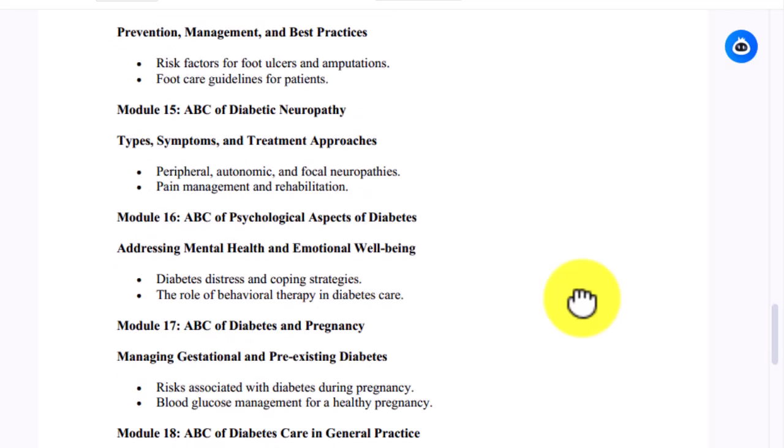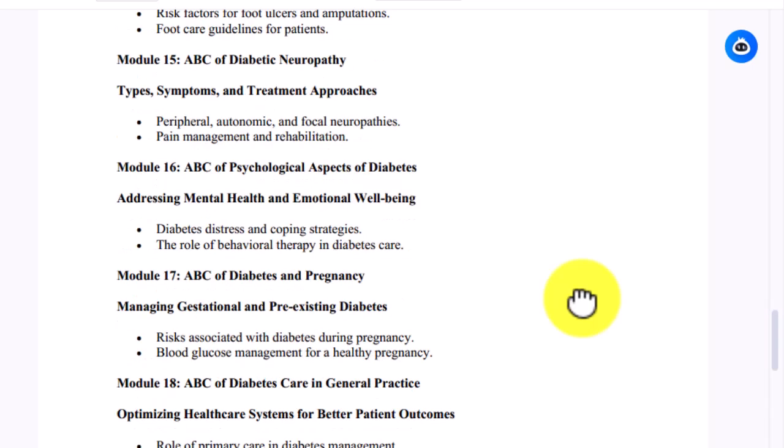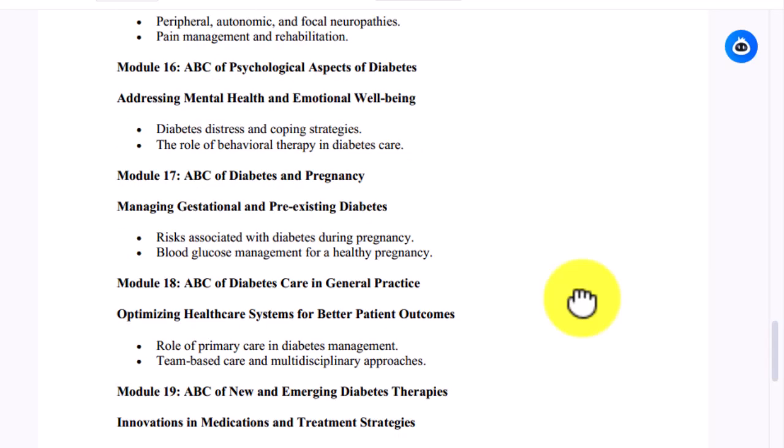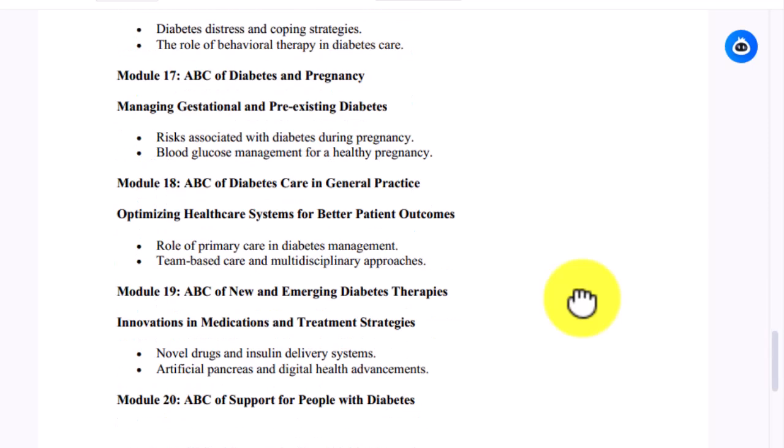ABC of psychological aspects of diabetes: addressing mental health and emotional well-being, diabetes distress, coping strategies, the role of behavioral therapy in diabetes care. ABC of diabetes and pregnancy: managing gestational and pre-existing diabetes, risks associated with diabetes during pregnancy, blood glucose management for healthy pregnancy. ABC of diabetes care in general practice: optimizing healthcare systems for better patient outcomes, role of primary care